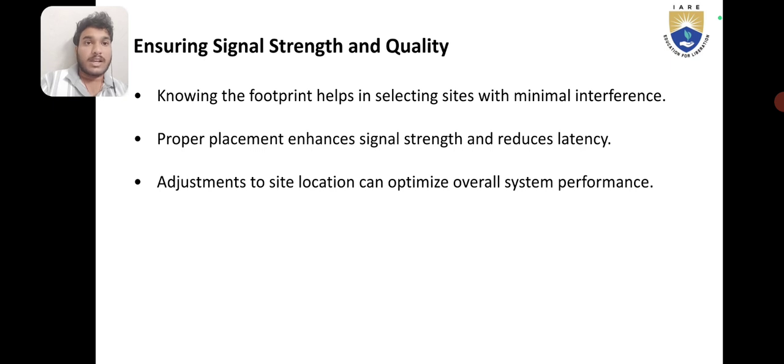Knowing the footprint helps in selecting sites with minimal interference. Proper placement enhances signal strength and reduces latency. Adjustments to site location can optimize the overall system's performance,